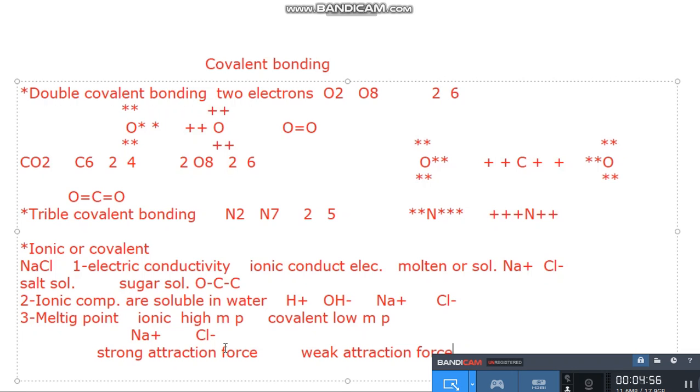While salt needs a very long time to melt, and at the end it will not. Because it needs a very high melting point. So this is the difference between